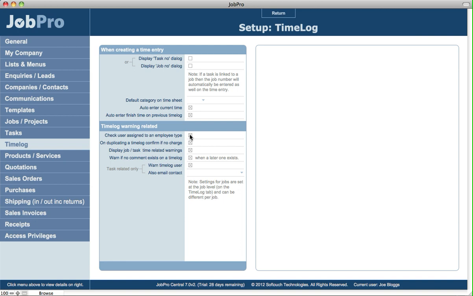So this just means that if you use jobs and you enter in budgeted time based on employee types, you can be sure then that all employees are logging time, and those time logs will be linked to their relevant employee type as well. So now if we go return back,